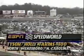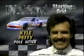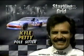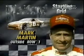Welcome back to the Tyson Holly Farms 400 from North Wilkesboro Speedway in North Carolina. Let's take a look now at the starting lineup for today's race. On the pole with a speed of 116.387, his second pole of the year in the Peak Antifreeze Pontiac number 42, Kyle Petty. Outside of row number 1, the current leader in Winston Cup points, Mark Martin, the number 6